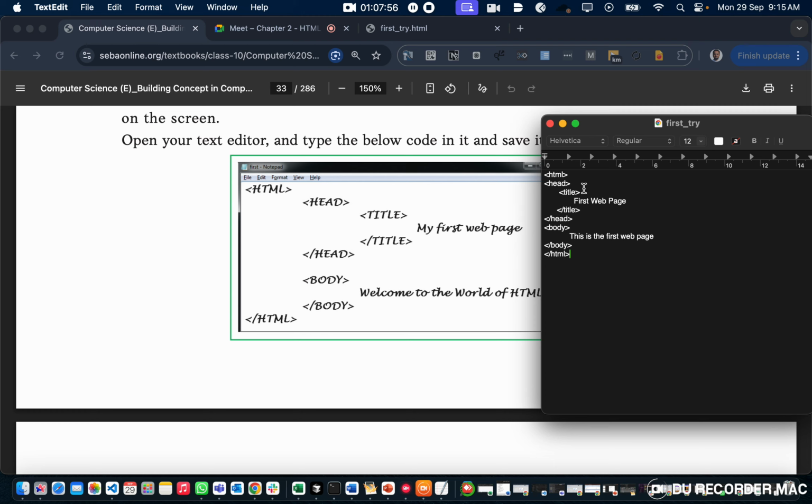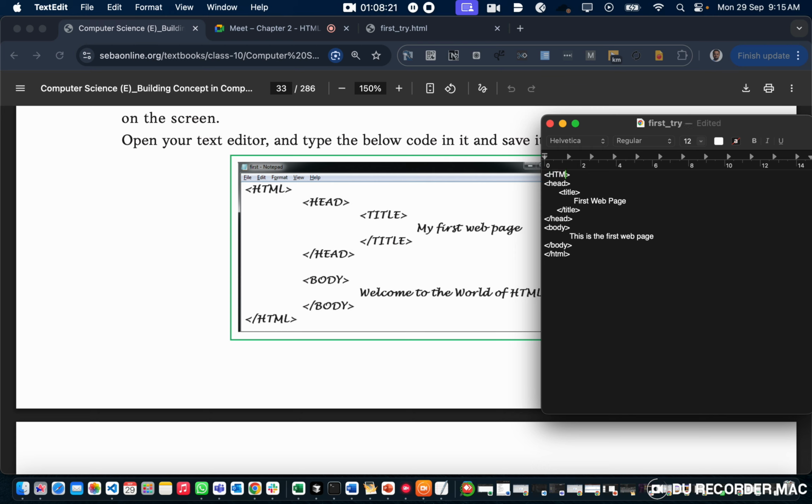So if you see here, I have written everything in small letters. HTML is in uppercase, but I have written it in lowercase. Head tag is in small case, but it should be in uppercase. Okay,